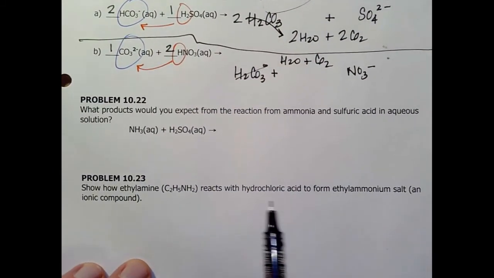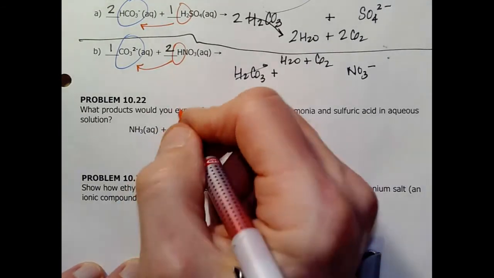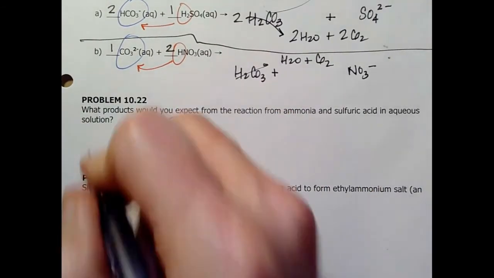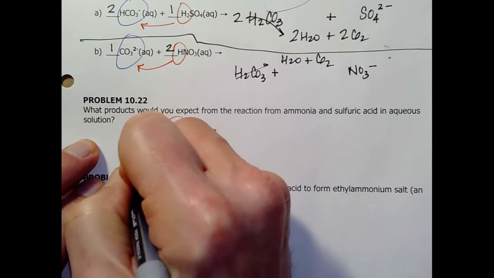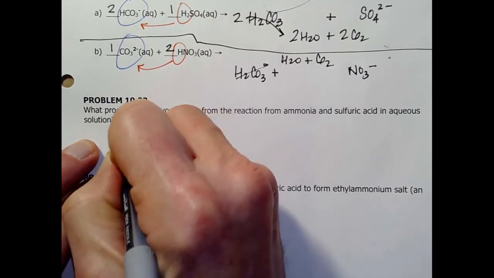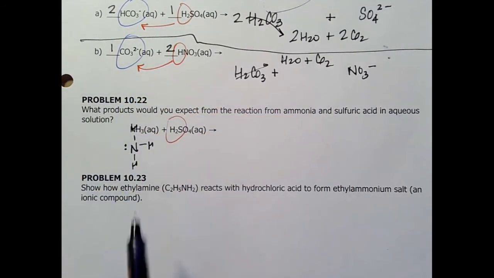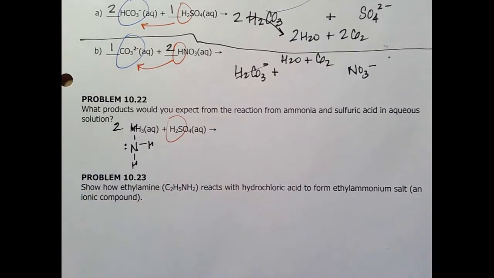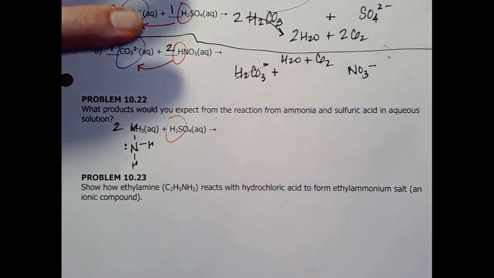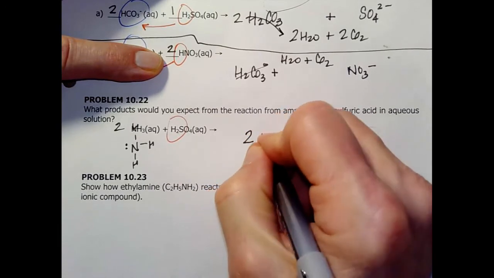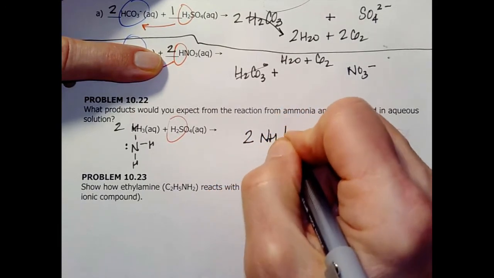Similarly here, H+, ammonia, looks like that. I've got 2 H's, so I'm probably going to need 2 of those. Stop the video and complete that thing. You stopped it, right? So you said, okay, I've got 2 NH4 plus